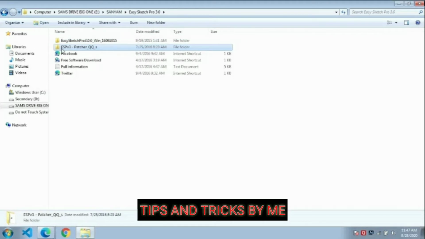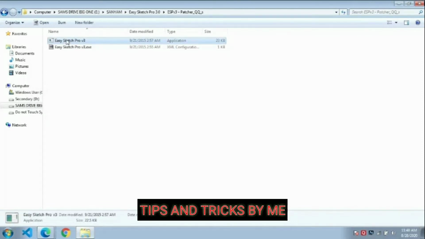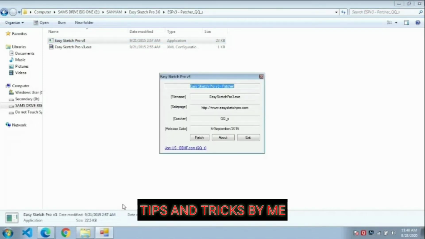Then there is another folder with the cracker. Now in the cracker you need to open the first file. You can see the first file. It is an application. Do not touch the XML configuration. Just open this file. As soon as you open it, it will not ask for any kind of permissions, but the previous application may ask some permissions. After it opens, see, now it has opened.